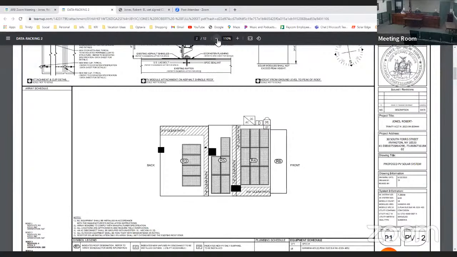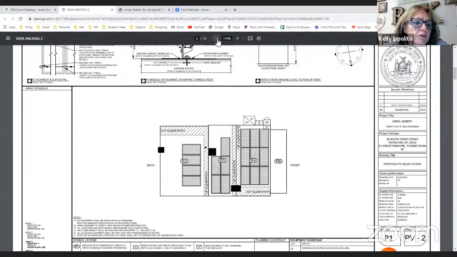If it's 97% offset average over the year, wouldn't you be feeding into the grid at certain points on like a really bright sunny day? Typically it'll offset itself over the months, because obviously there's a lot of sun in the summer, but less offset because of air conditioning and other electricity being used. So in the fall and the spring, typically that's when it gets higher production, and then it goes down in the summer and the winter, and it offsets itself. Okay.